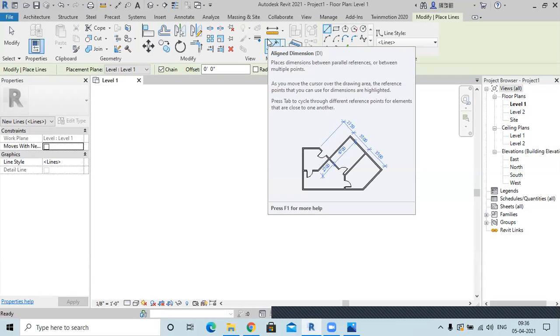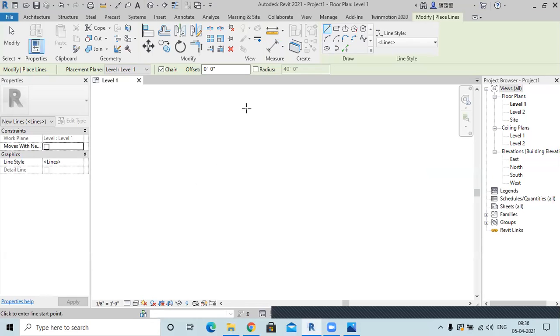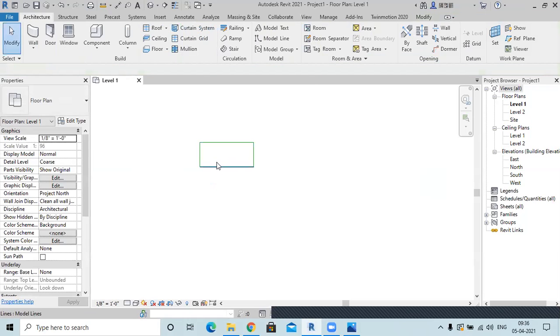Scale command is generally used when you are changing the scale of one thing. So how you can use it, I'll show you. For example, there is this 3x7 rectangle.